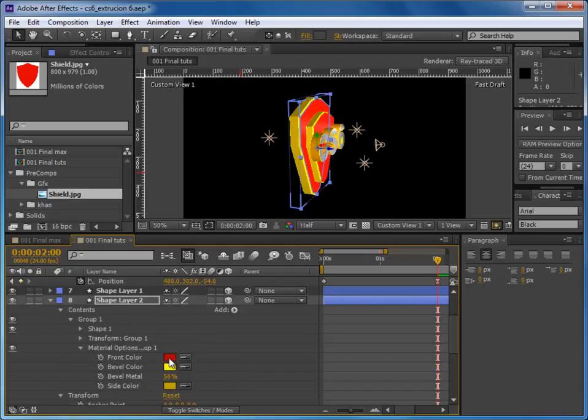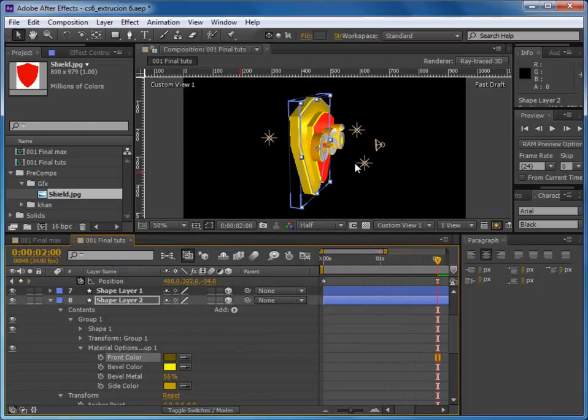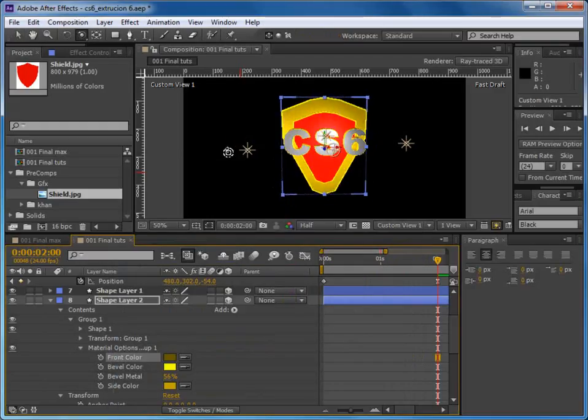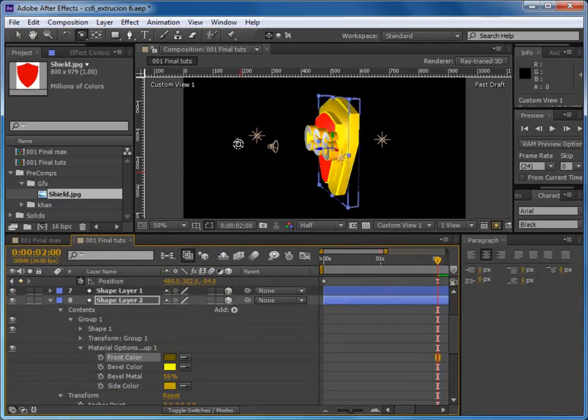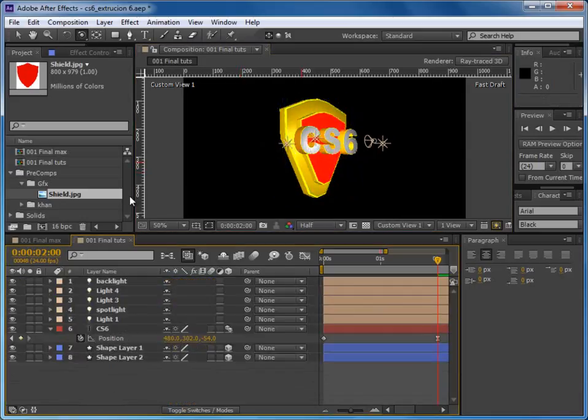just want to change the red one to like a gold color, right? Press C. No, right, and